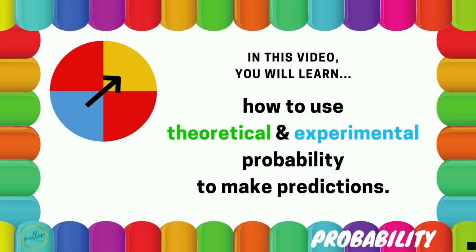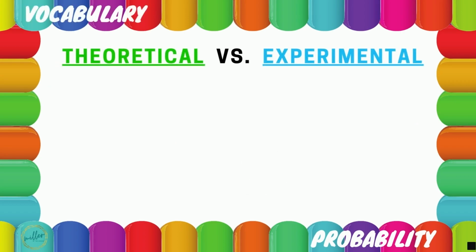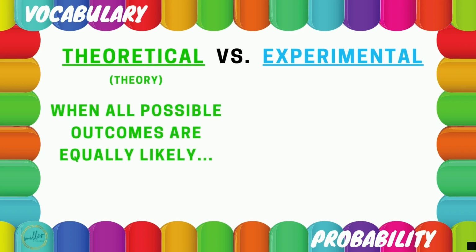In this video, you will learn how to use theoretical and experimental probability to make predictions. Now, theoretical and experimental might sound like some pretty big words, but let's break them down and talk about what they are. If you look at the word theoretical, you can see it has the word theory as part of it. Theoretical probability occurs when all possible outcomes are equally likely, and then you can find the probability by taking